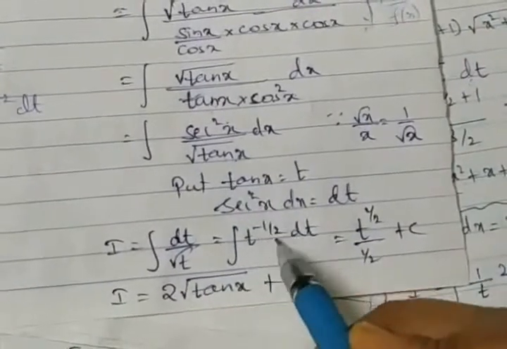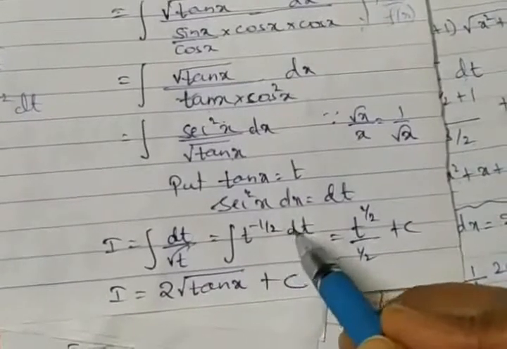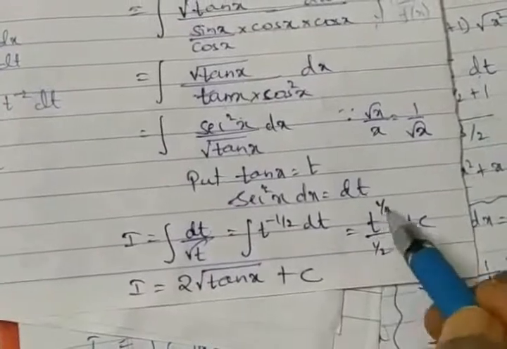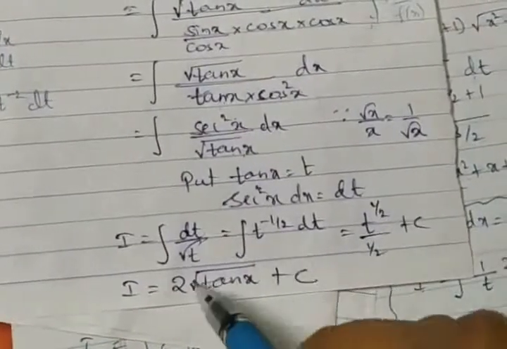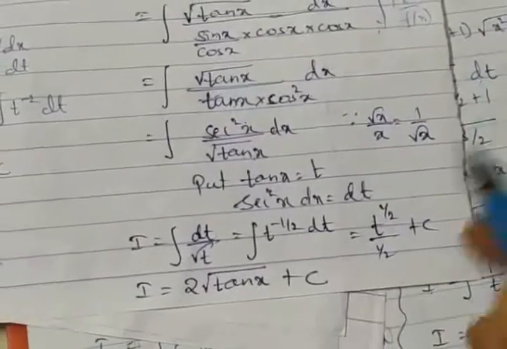So we have t raised to minus half. We are left with t raised to, okay, integration is done, minus half plus 1 is plus half, denominator half, plus c, the reciprocal of half is 2, it implies root. So we have root of t, replaced back, tan x plus c should be the answer. That's the 34th question's answer.